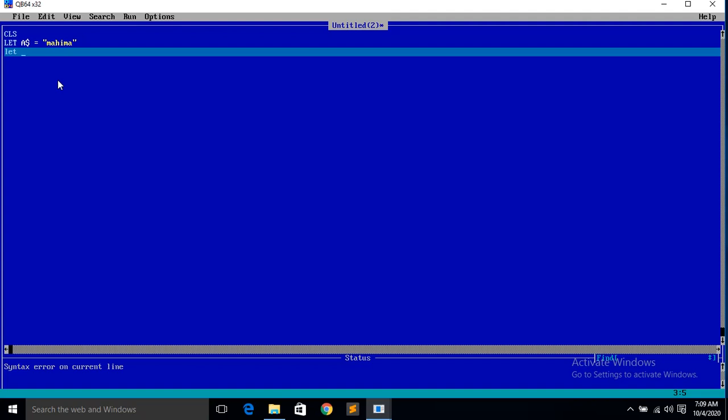Like that, say x equal to, in your maths you will assume some value in the variable, let x equal to 5. That means the 5 is a constant, and in x we are storing the value 5. So x is a variable and 5 is a constant. Many examples are given in your book. You go through it, and I have explained in my own way. Whichever you feel is easy, you can understand.